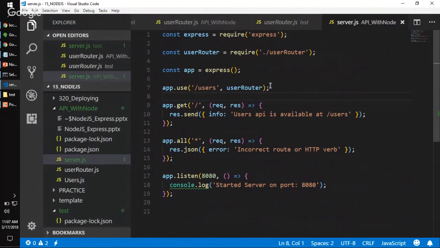Okay, so we'll not use a router. I don't know what's the problem, and I don't want to waste more time. Let me do this. App dot